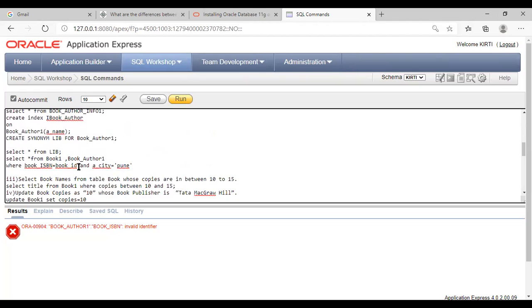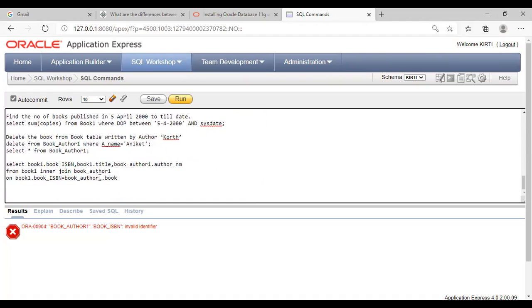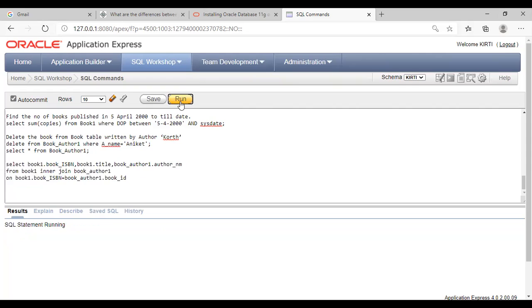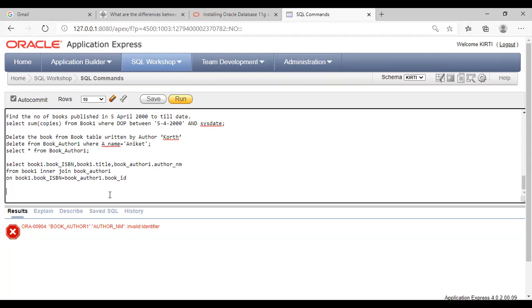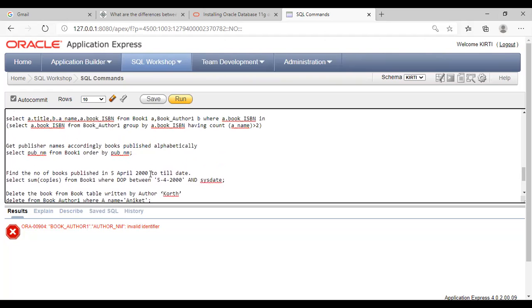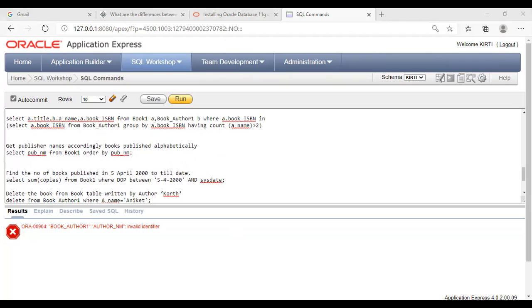Okay, that we want to perform. So we will check once again. Author name is an invalid identifier for book author 1. What is the table name? Our table name is book author 1. I will show you that particular query.